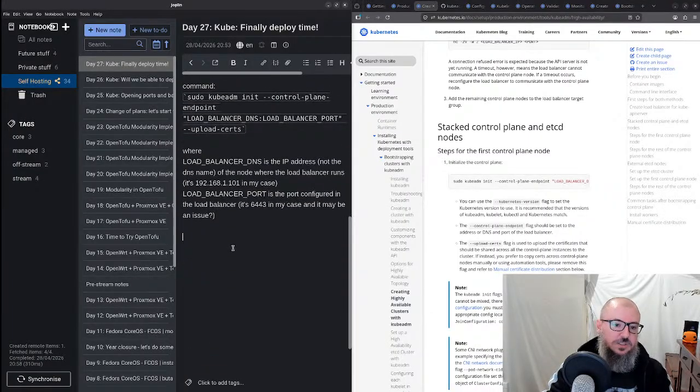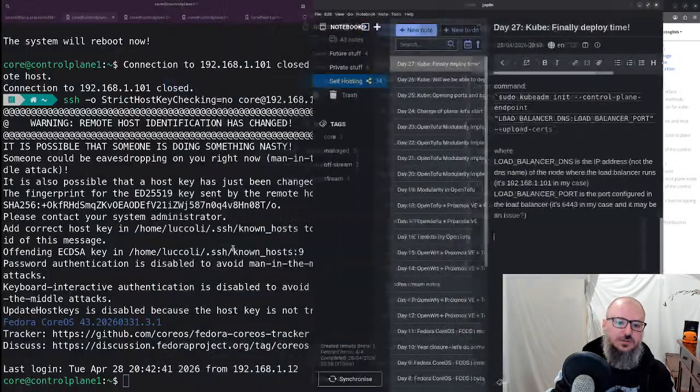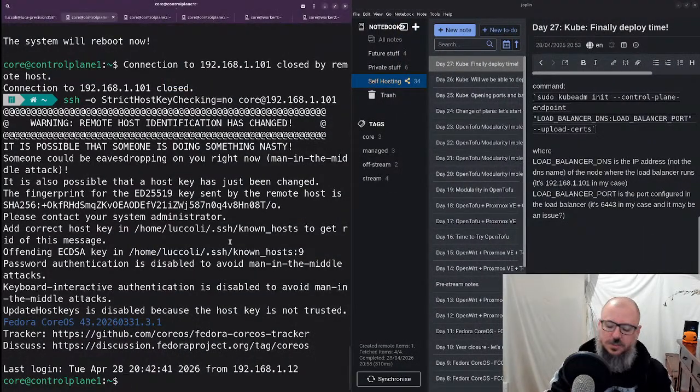So let's build the command in here. Kubeadm. Oh, wait. Sudo kubeadm init --control-plane-endpoint,